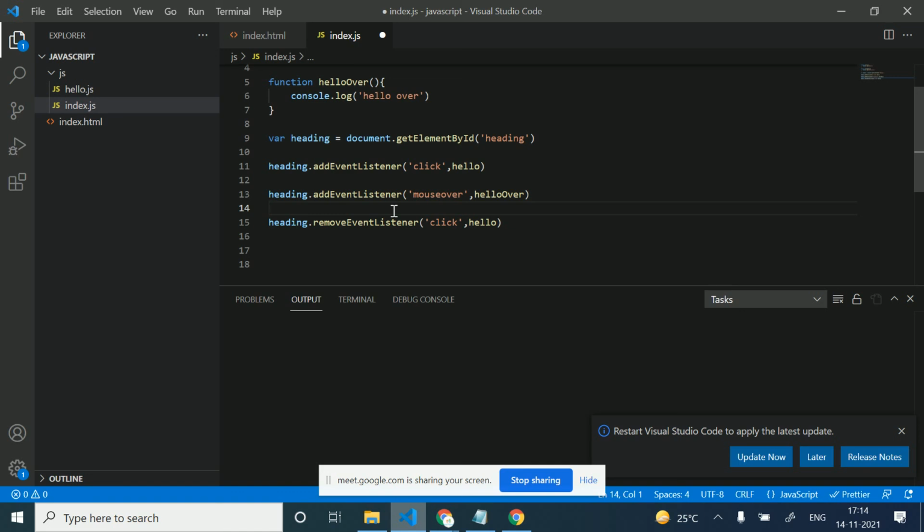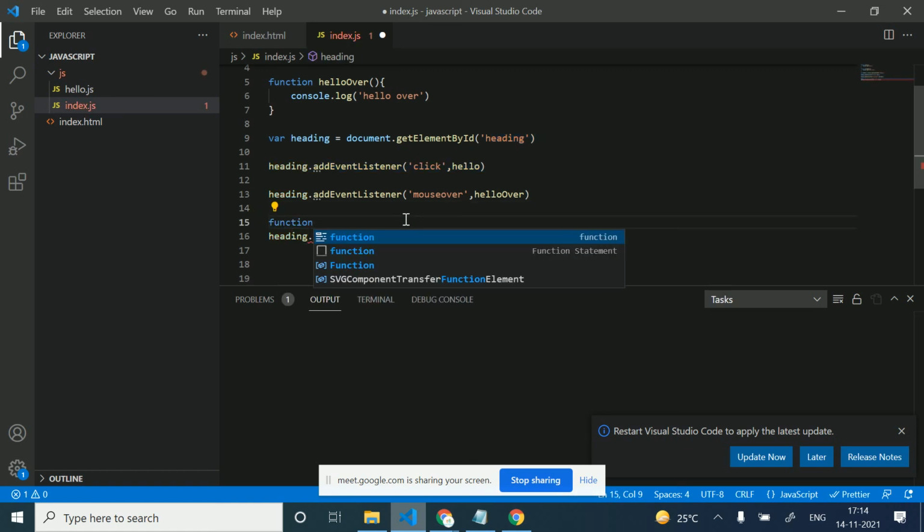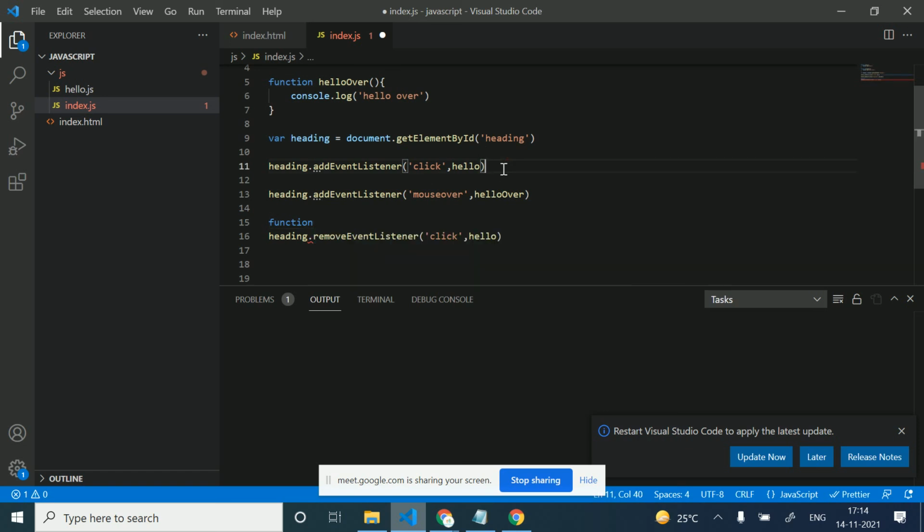After adding this event, I will remove it, but not immediately. I will execute another function after my added event works, and then I will remove that. So this is the event.